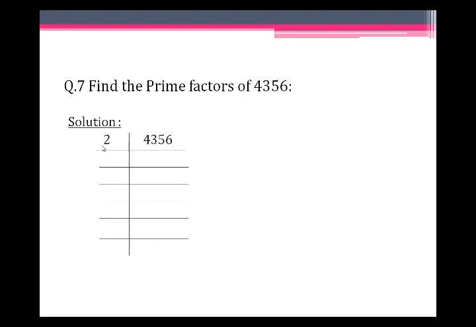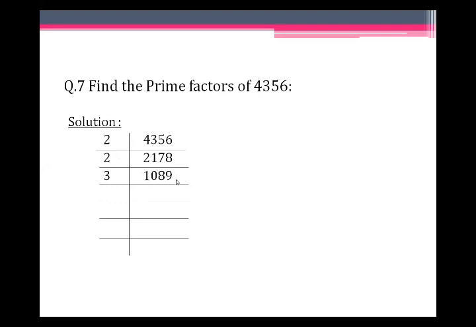Okay, this number is an even number, so we divide it by 2. So here we have 2 2s are 4, 2 1s are 2, 1 is carry over 5, so it becomes 15. Now 2 7s are 14, 1 is carry over 6, so it becomes 16, and 2 8s are 16. Now again this number is divided by 2, so we get here 2 1s are 2. Now students, here 1 is smaller than 2, so we put here 0 and then consider 1 and 7 together, so it becomes 17. So here we multiply 2 by 8, so we got 16. 2 8s are 16 and 1 is carry over 8, it becomes 18. 2 9s are 18, so it is completely divided by 2.